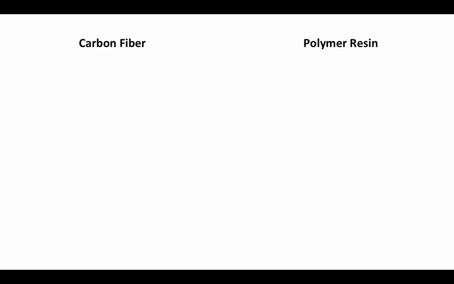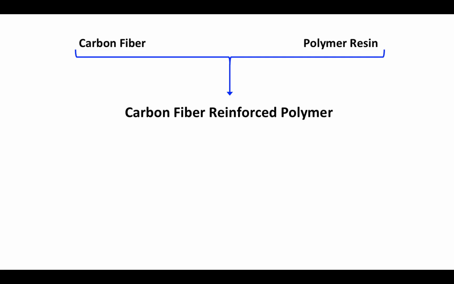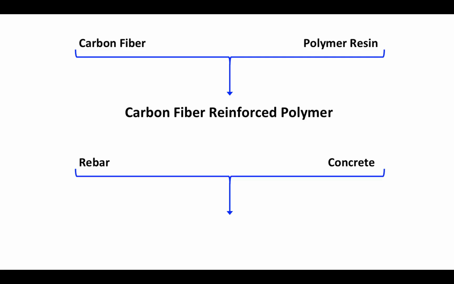We've seen how carbon fiber and polymer resin can be combined to form a carbon fiber reinforced polymer. A very good analogy is how we can take rebar and concrete and combine those to form rebar reinforced concrete. We saw how we can take polyacrylonitrile and through a process of carbonization and graphitization,